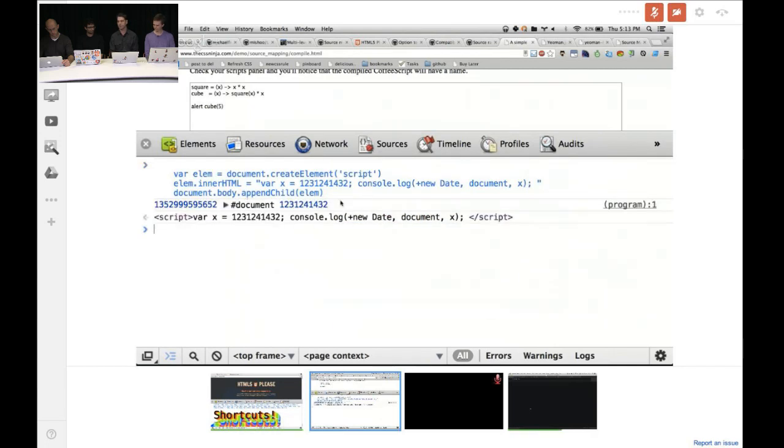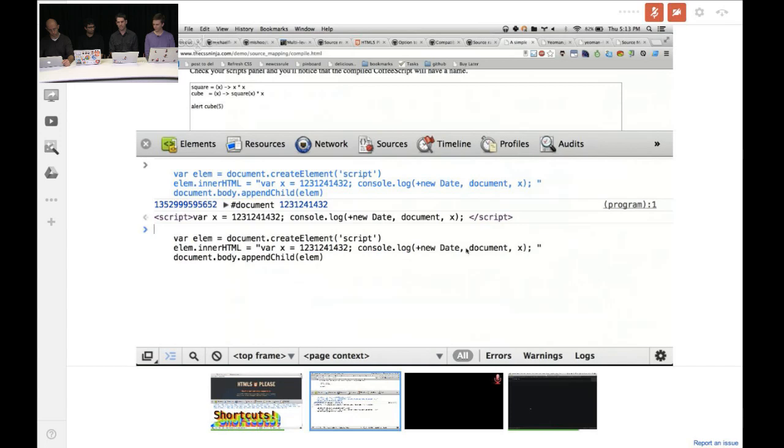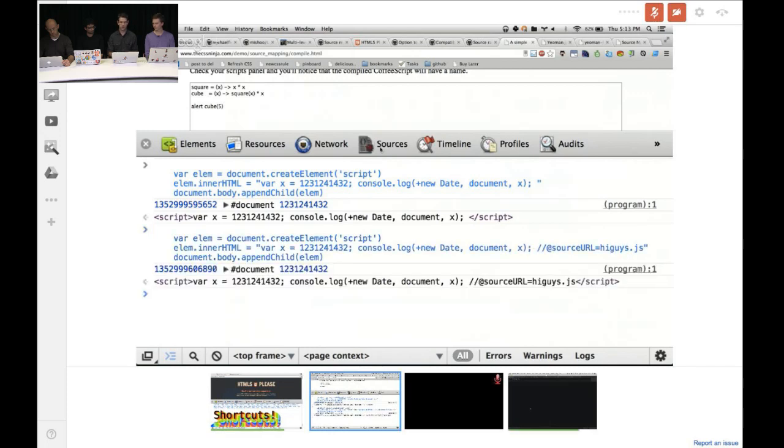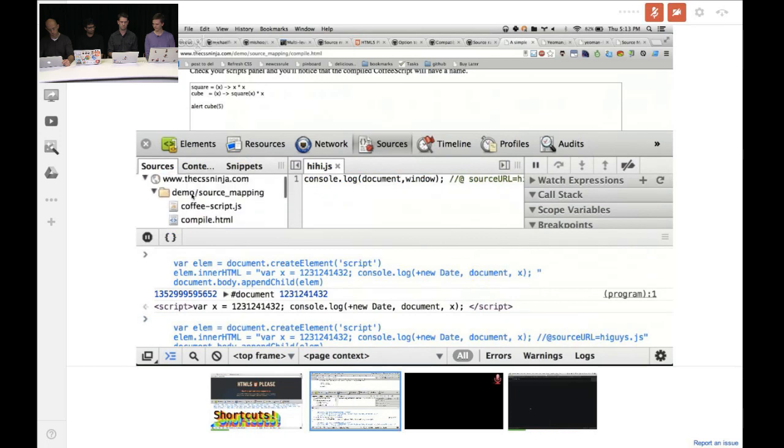Now, typically this will just throw it away, but again, I can add my source URL into here. And now it actually lives, hypothetically,